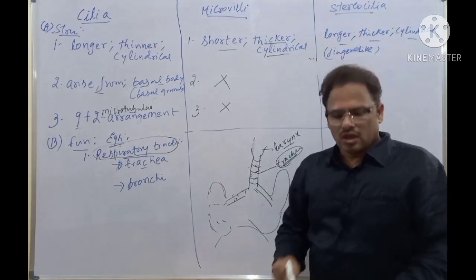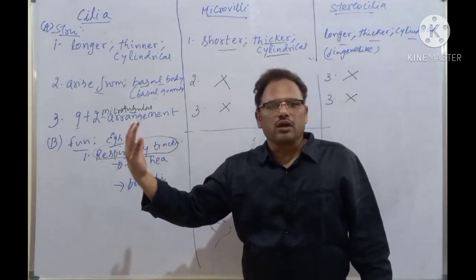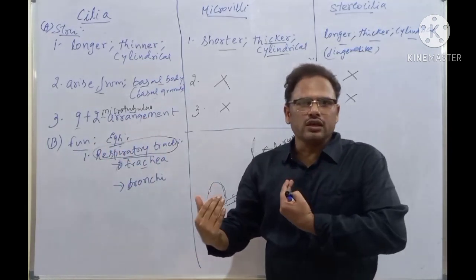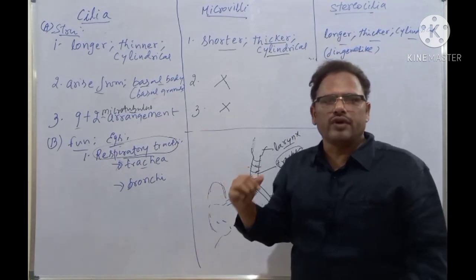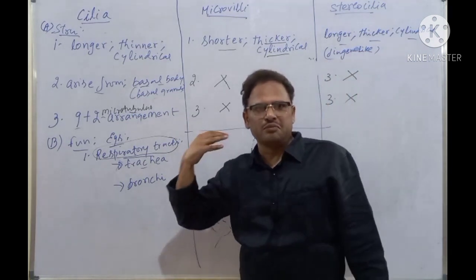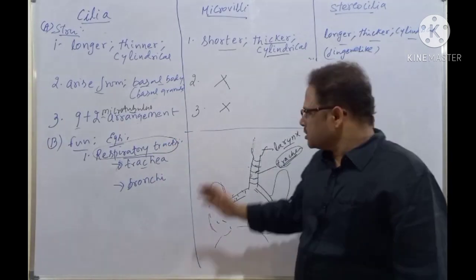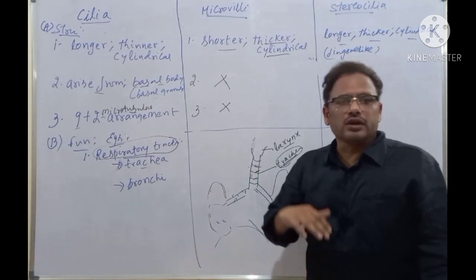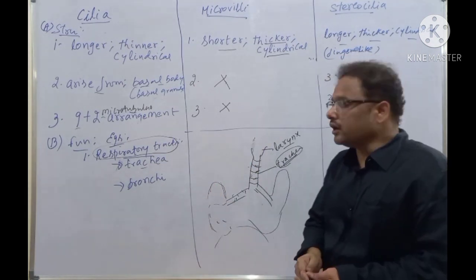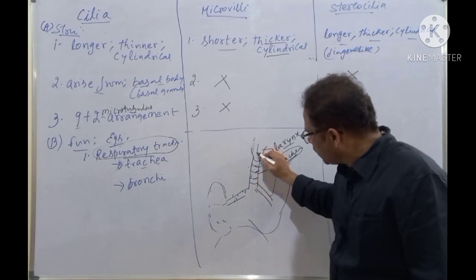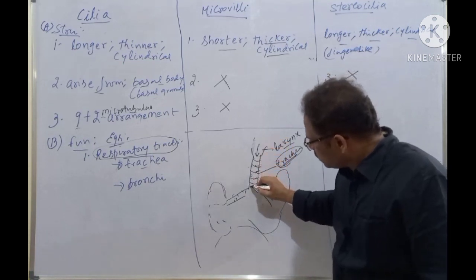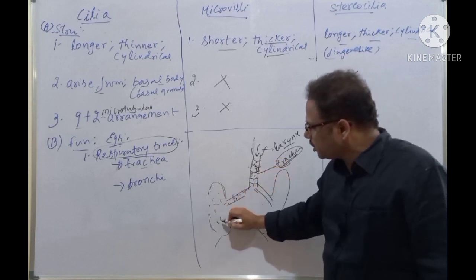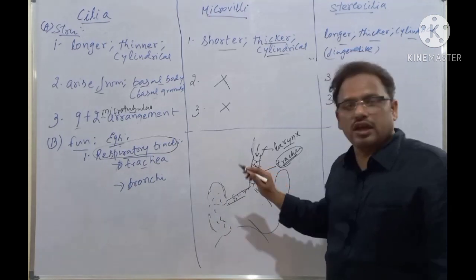Why? Because when we take oxygen from the atmosphere, from outside, this air may contain some microbial agents, bacteria, viruses, etc., isn't it? And it is especially important in these corona times. So the airway carries bacterial and other microbial agents along with dust particles, and these are entrapped in the trachea, the bronchi and the bronchioles. Why? Because the cilia are present here.